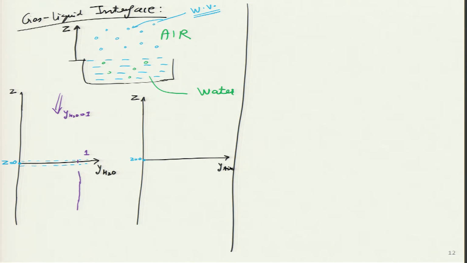What will happen to the water mole fraction just above the interface? Let me also make some points over here. This is A, just below the interface is B, just above the interface is C, and then we have D and E. Over here I have drawn point A. What will happen to point C, just above the interface? There the air will be saturated with water.